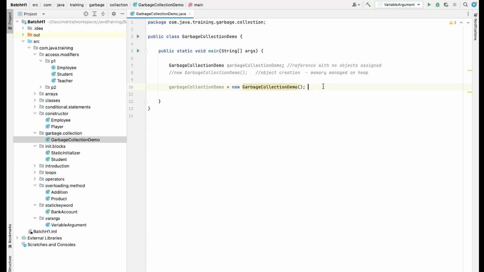Similarly, that is the case with Java as well. Whatever objects are not in use, Java tends to reclaim that memory. Java tends to reclaim that memory. So see, when I just write new GarbageCollectionDemo,